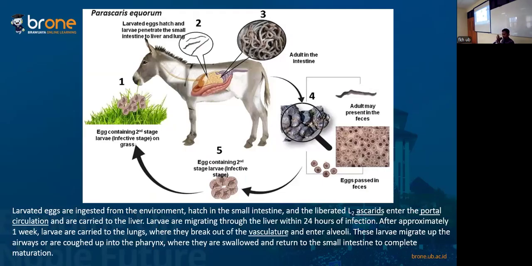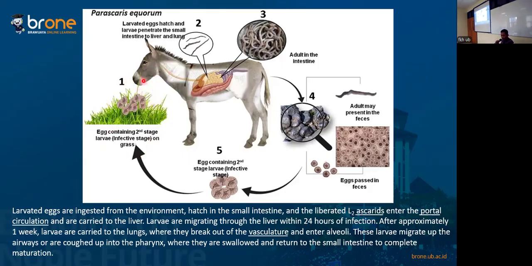First thing first, you should know about Parascaris equorum because this is a very famous worm in the equine. For the life cycle, it's still similar to the other nematodes, but you should take note about the infective stage here, because the infective stage is second stage larvae, not third stage larvae. When this egg contains second stage larvae in the grass, and this horse feeds on the grass,